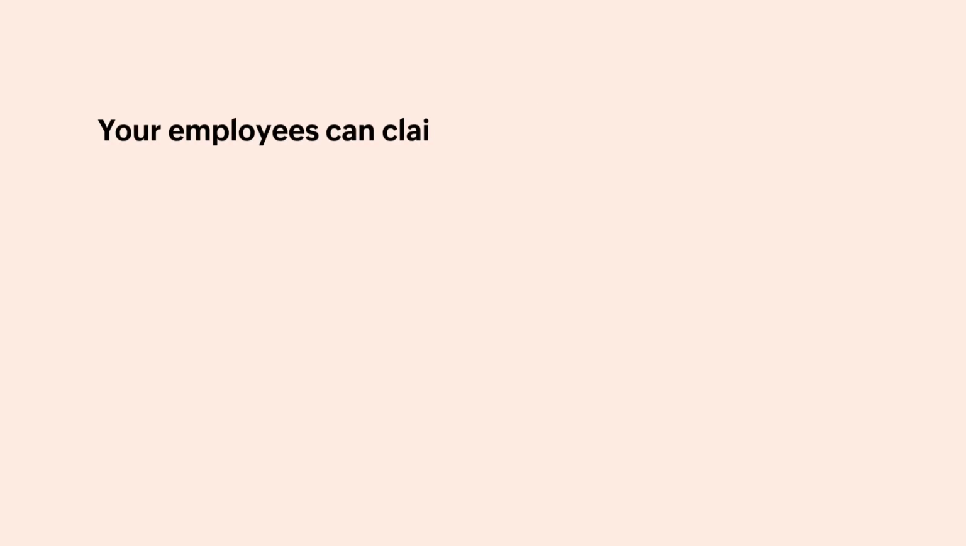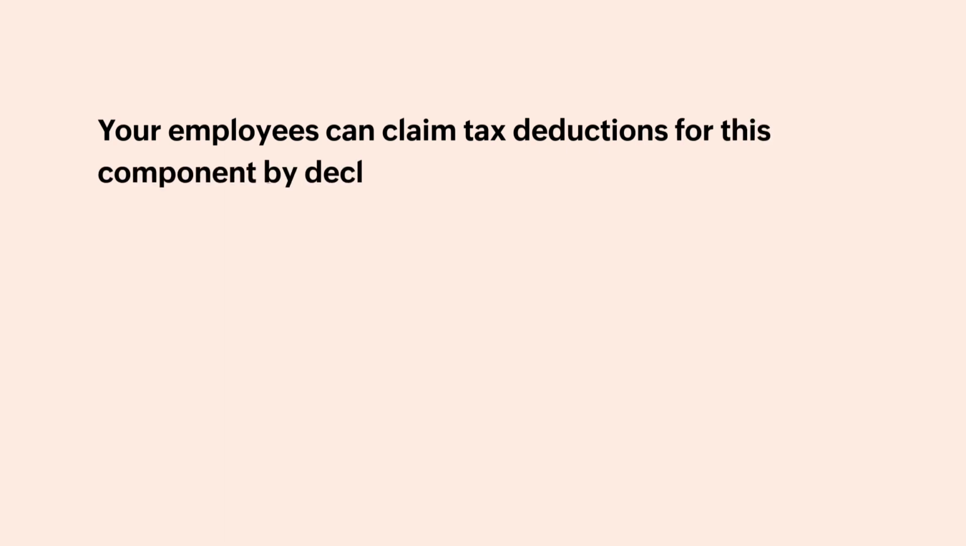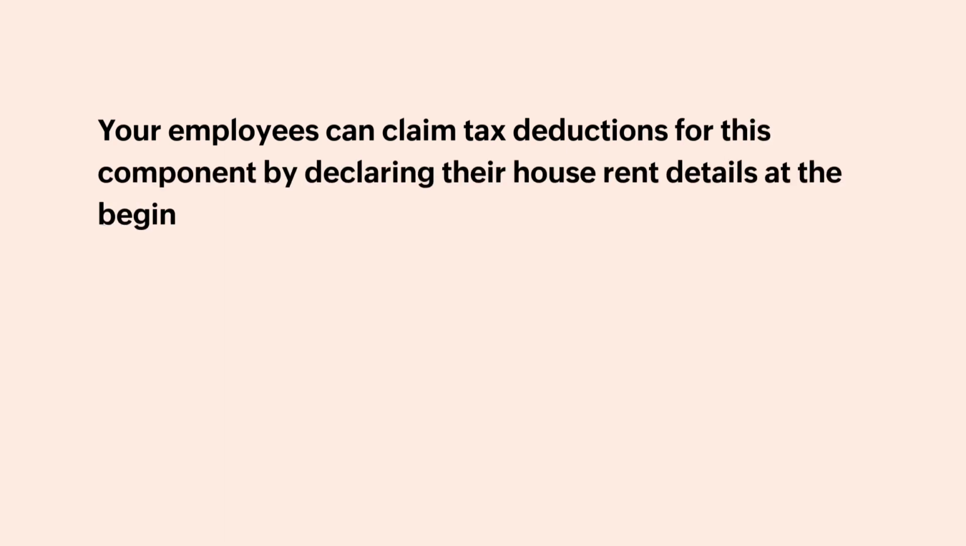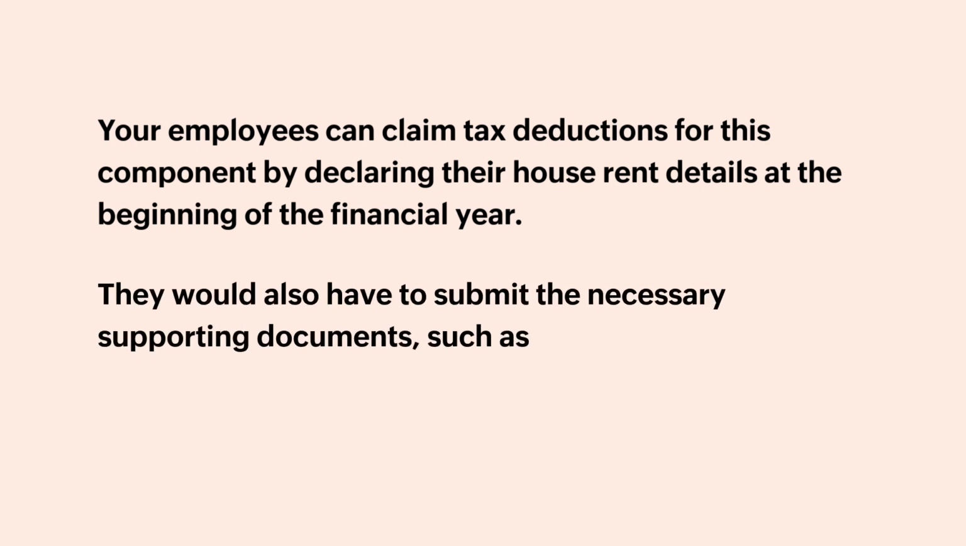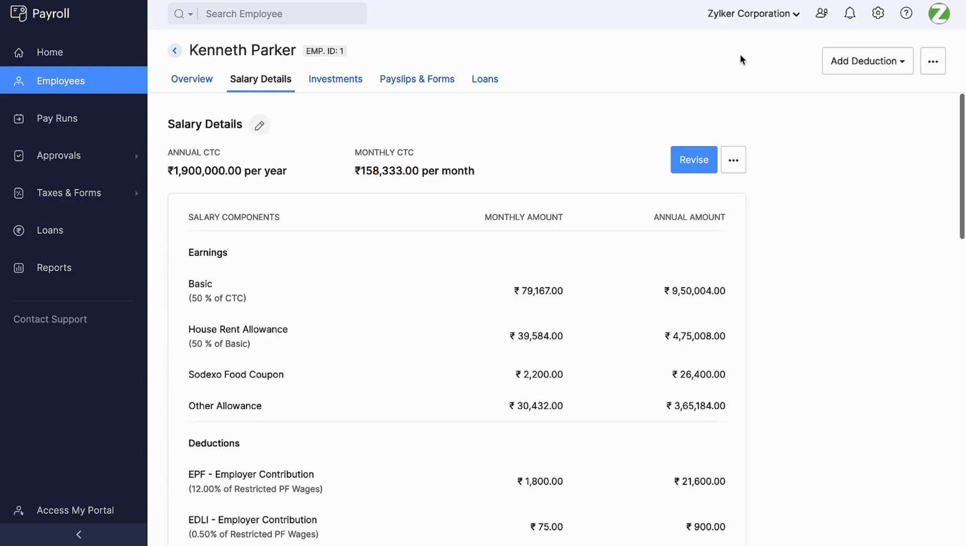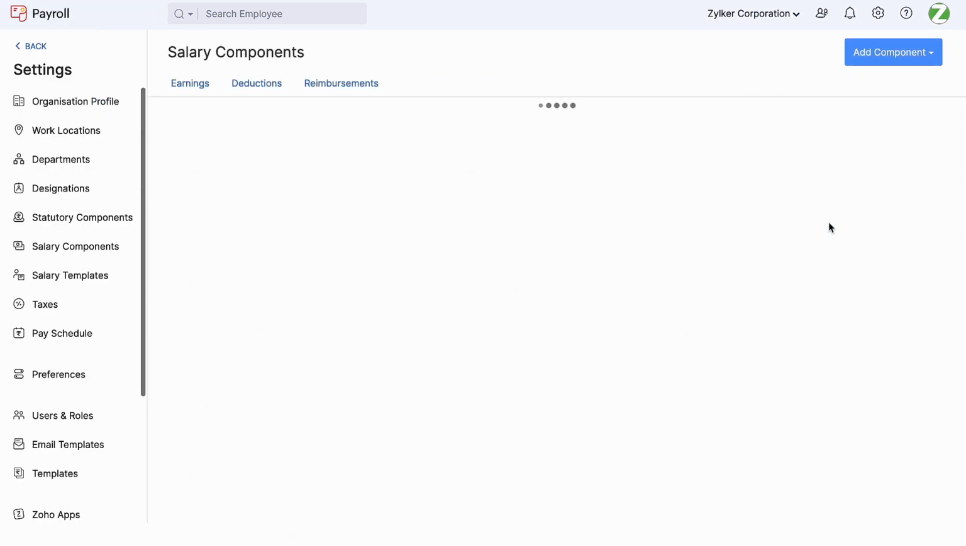Your employees can claim tax deductions for this component by declaring their house rent details at the beginning of the financial year. They would also have to submit the necessary supporting documents such as rent agreement or rent receipt. Being one among the widely used salary components, house rent allowance is also pre-configured in Zoho Payroll for you to use it with ease. Log into your Zoho Payroll account, navigate to Settings, Salary Components,